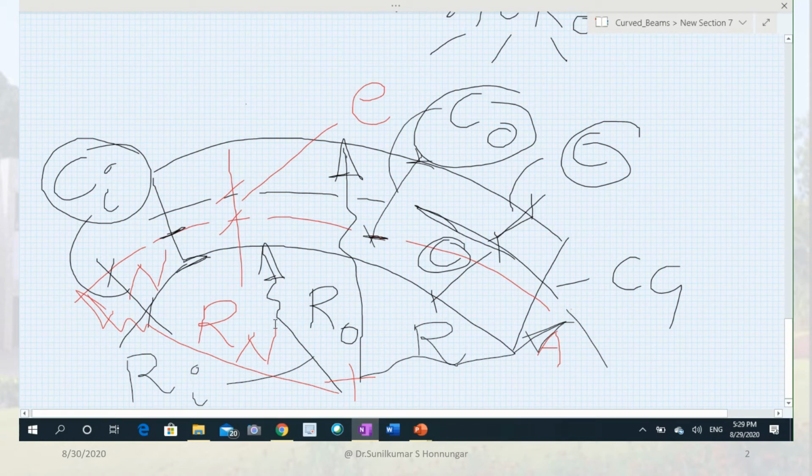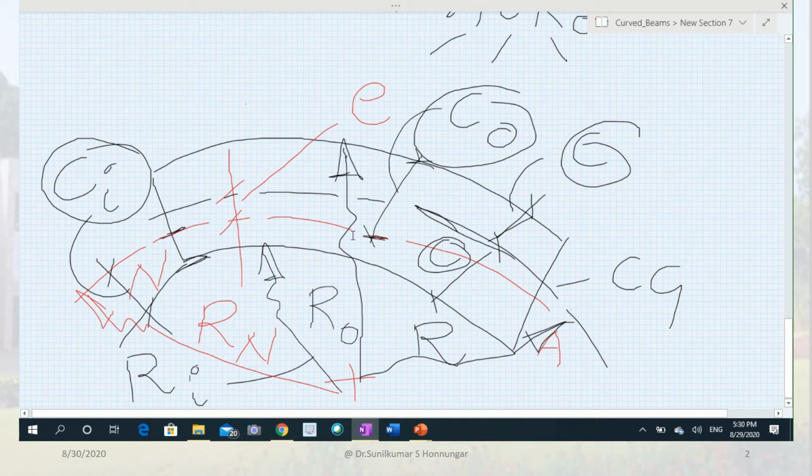And again, you may notice that if you draw the free body diagram, in addition to the bending stress, you also have some direct stress. It is basically combined stress. Direct stress will also be there. How do you find the direct stress? It is basically force upon area.